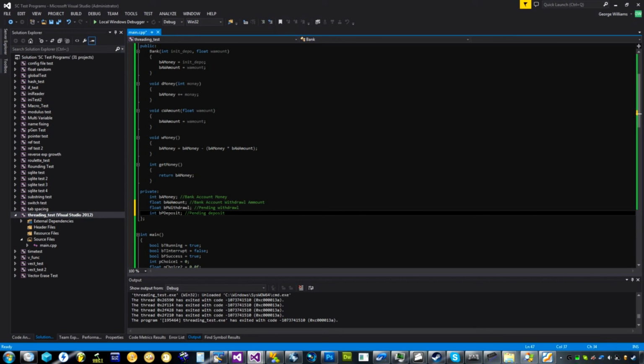So what we want to do is this. BP with roll. So we want to take this out of the income. So BP deposit